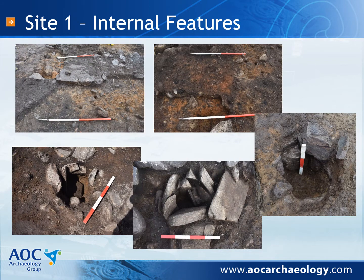The inside of the structure was quite a busy place, as you saw on that post-ex plan. A lot of the post holes that were found in structure 1, site 1, were like those shown here and those bottom 3 photographs. Relatively small, stone lined with packing stones in a lot of them. But within the middle of the site, right at the heart of the roundhouse, there was a hearth identified quite early on. The picture at the top left shows the phase 2 hearth, which was quite a large slab, stone